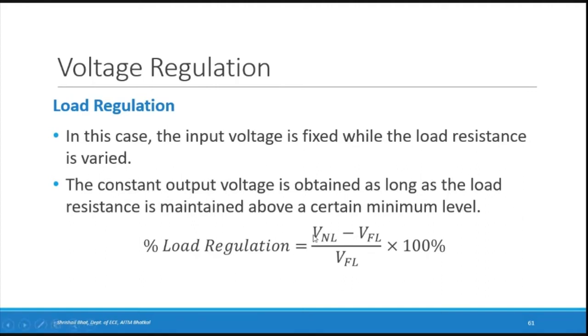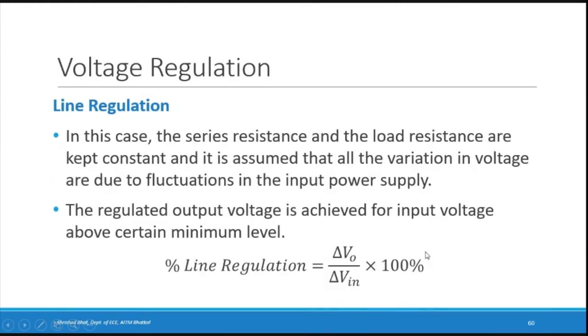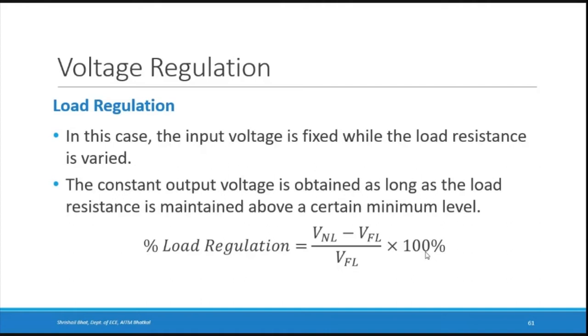That is this formula you're familiar with. We have seen this formula in case of regulation of rectifiers, right? Voltage when there is no load minus voltage when there is load, or we call it full load, divided by voltage when there is full load current. VNL is the output voltage when there is no load current, minus VFL. VFL is the voltage when there is full load current, divided by VFL, into 100%. Right. So this line regulation and load regulation are two ways in which voltage regulation is possible in any voltage regulator. Right. So I had missed this part yesterday, so I just completed that.